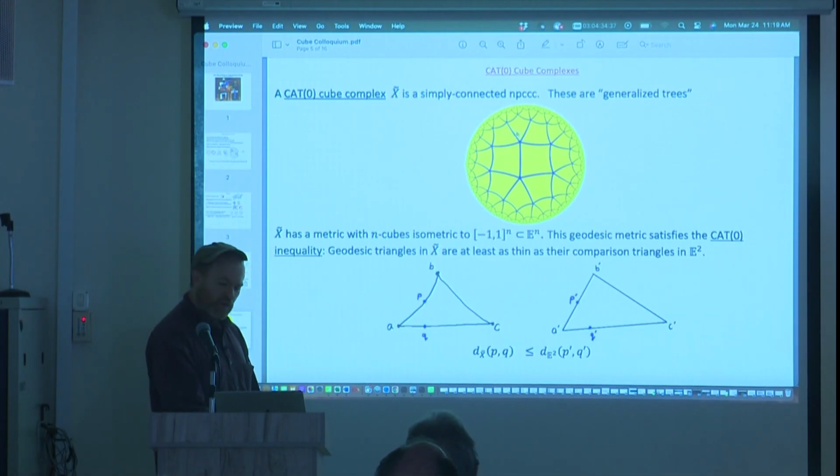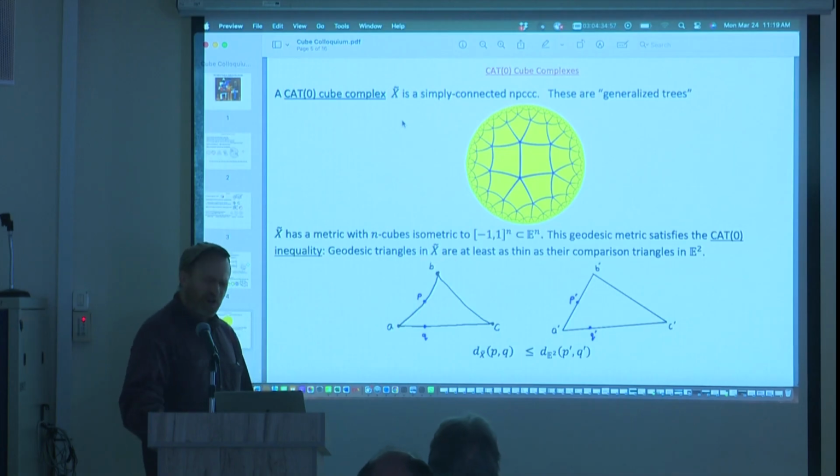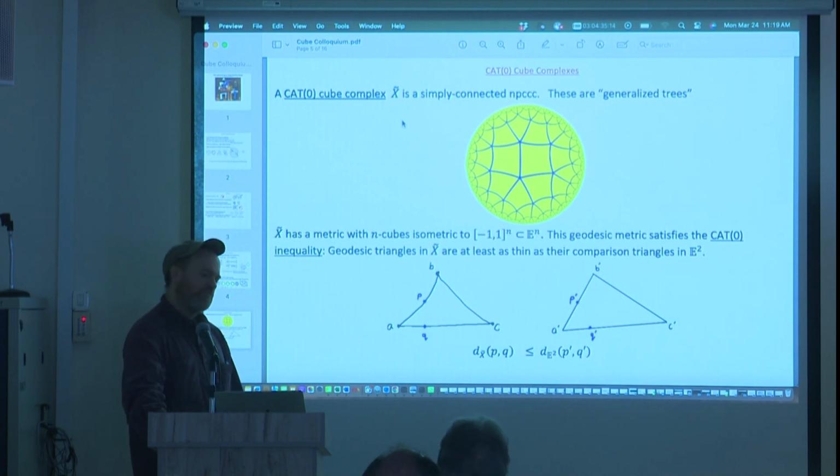I've drawn one which I think is a featured favorite object in math, right? It's a hyperbolic plane cut up into two-dimensional cubes. And this term cat zero, it's a Gromov joke. Gromov introduced cat zero cube complexes and kind of popularized them as examples to illustrate cat zero spaces. Cat zero, which is a term that maybe put you off,